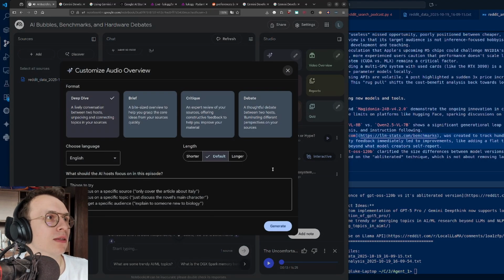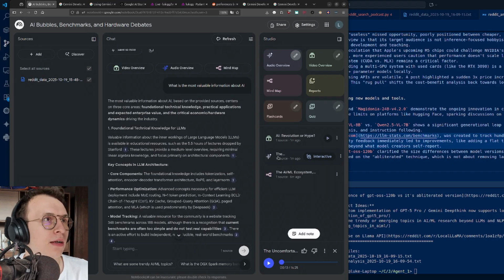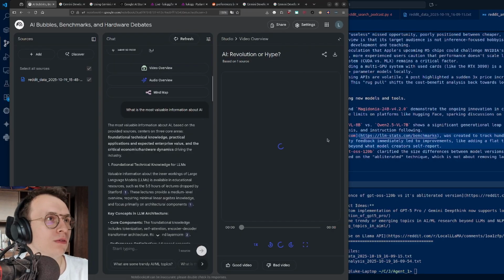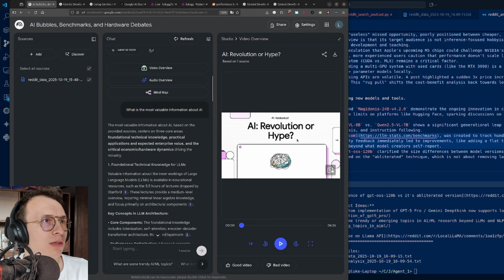So you can build a podcast here. You can specify what you want, adjust language, put your prompt here. I use everything on default because we'll play with it later. There is also a new option, which is video overview, which is kind of interesting. So you can basically watch podcasts, but also with a video overview.